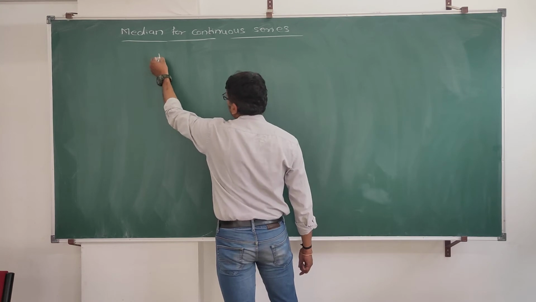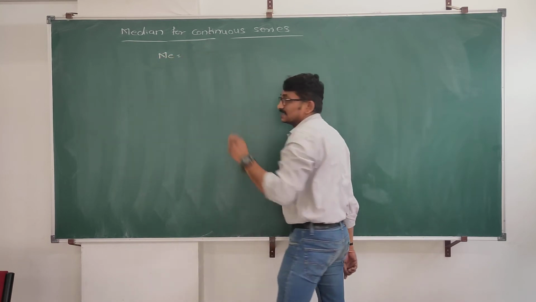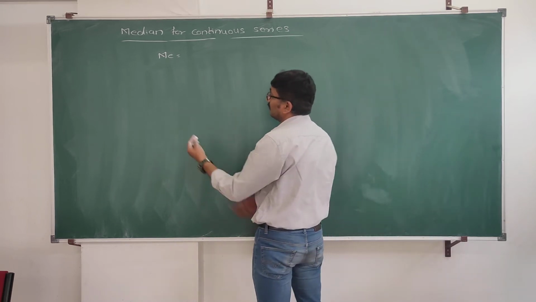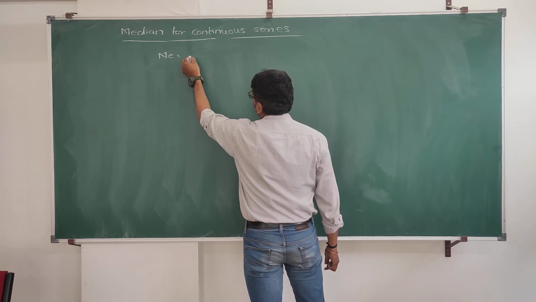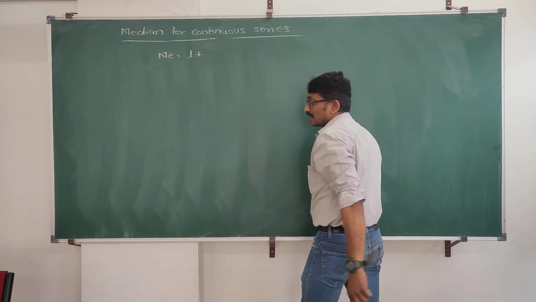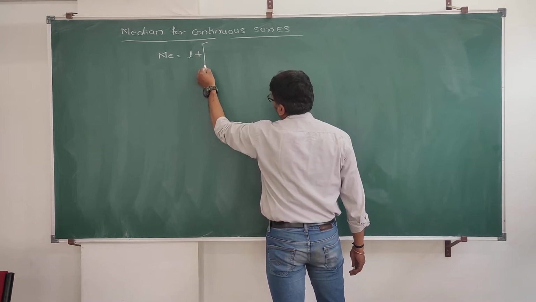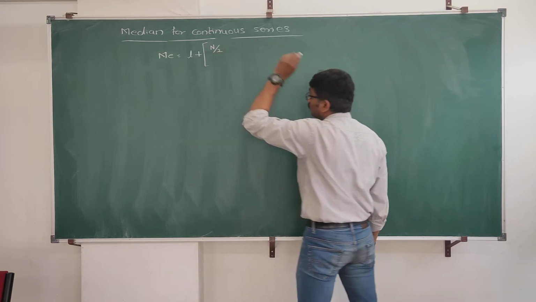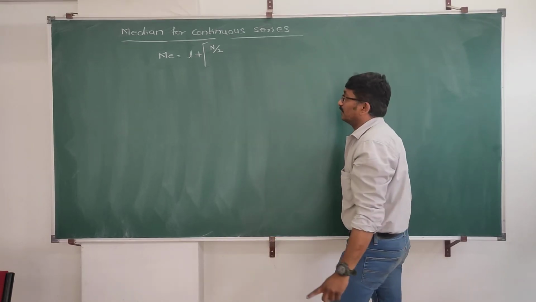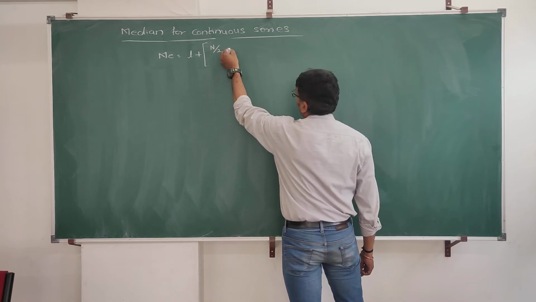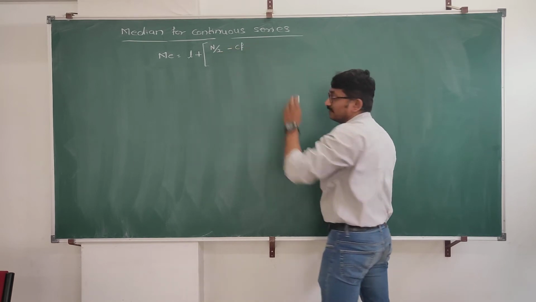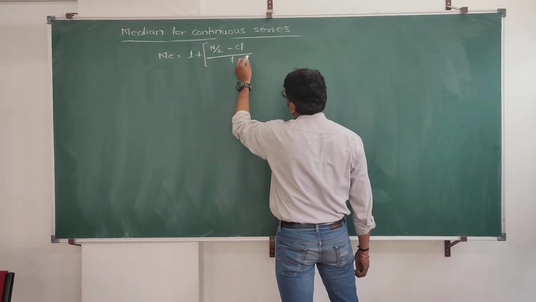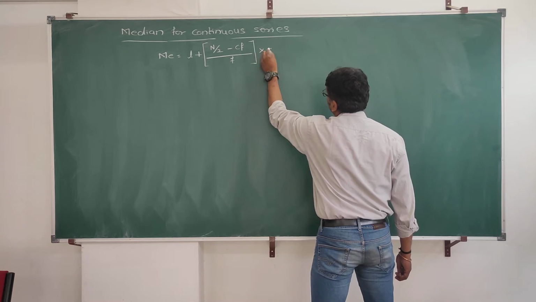Median is always denoted by the first two letters, that is ME. ME is equal to, that is median is equal to, write the formula as this: L plus, into bracket, capital N divided by 2. Always use capital N, don't use small n. Capital N divided by 2 minus CF divided by F, bracket complete, into